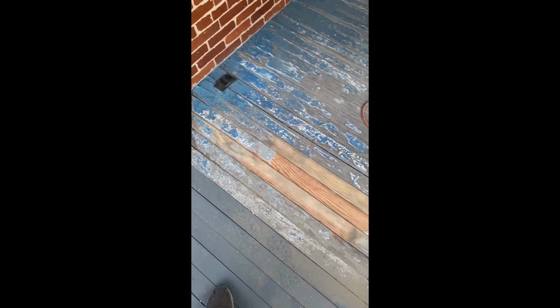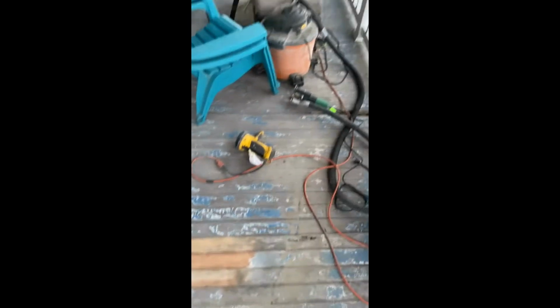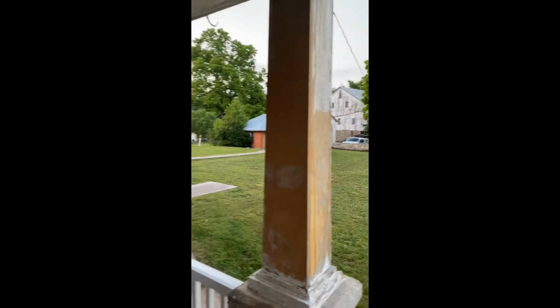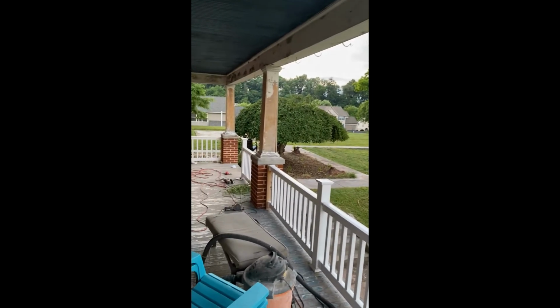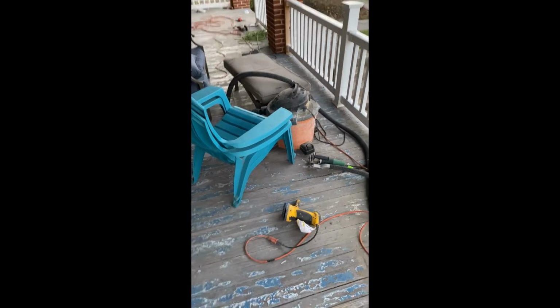So Saturday I rented a sander for 12 hours, so I'm imagining I'll be sanding for 12 hours straight. Hopefully that's not too terrible. But here's the progress. Made a big mess, but I'll have to do a little vacuuming here. All right,